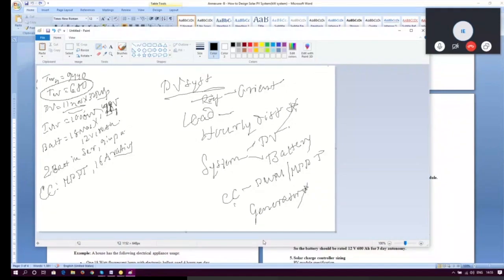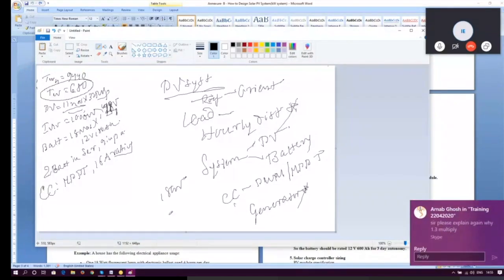So in PV systems, first we need to give the roof analysis in the orientation part. Next, the load analysis: only the load calculation, we need to feed in the load, how many hours, what is the number, what is the wattage, and we need to fix the hourly distribution. Hourly distribution is nothing but this: if we are talking about 18 hours of load, we need to give which 18 hours, from midnight till the next midnight.